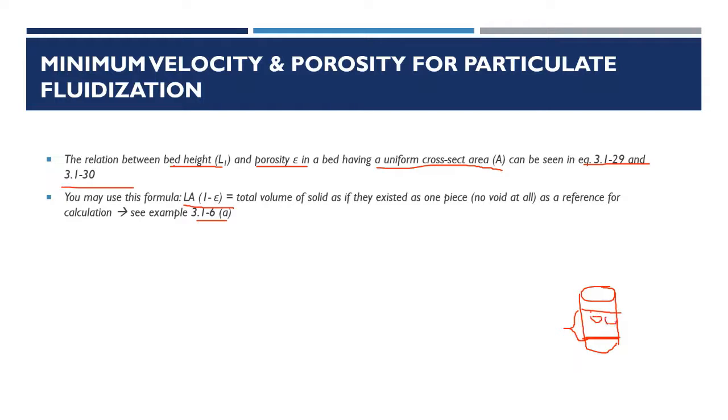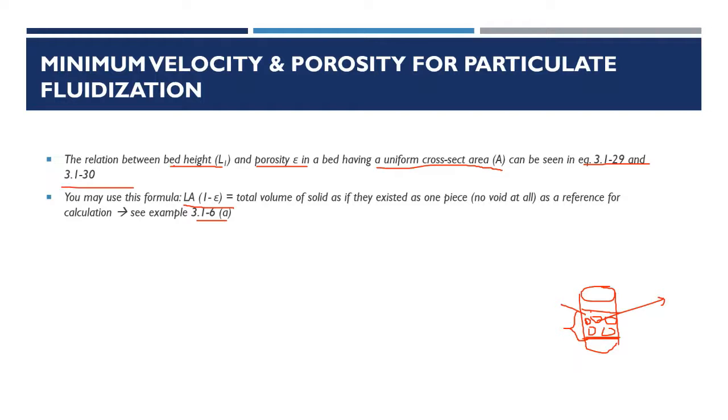The void fraction epsilon is the empty space in between the particles, so 1 minus epsilon is the solid particle itself. So L times A times the solid fraction